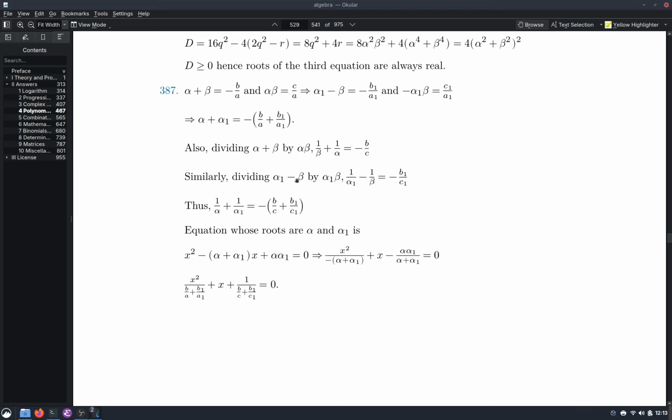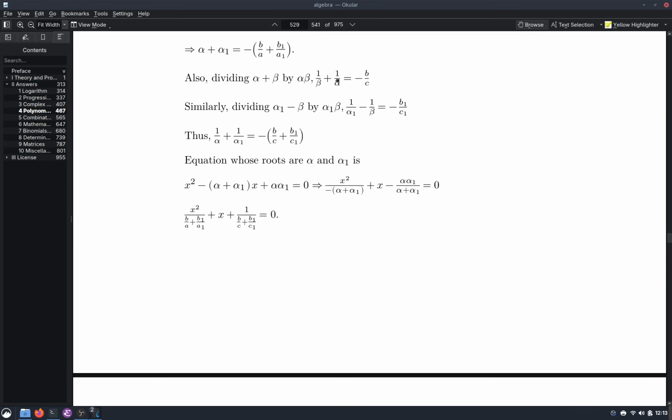Similarly, we divide alpha 1 minus beta by alpha 1 beta. We get 1 by alpha 1, this should be minus alpha 1 beta. We get 1 by alpha 1 minus 1 by beta is equal to minus b1 by c1. Once we have that, we add these two. We get 1 by alpha plus 1 by alpha 1 is equal to minus b by c plus b1 by c1. Once we have that, we find the equation whose roots are alpha and alpha 1, which will be